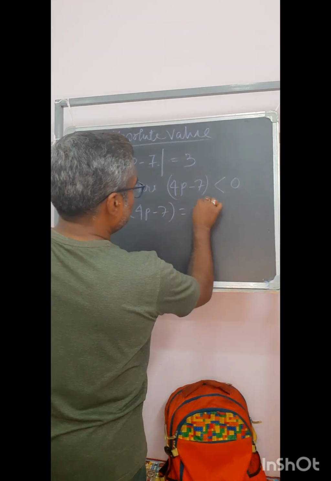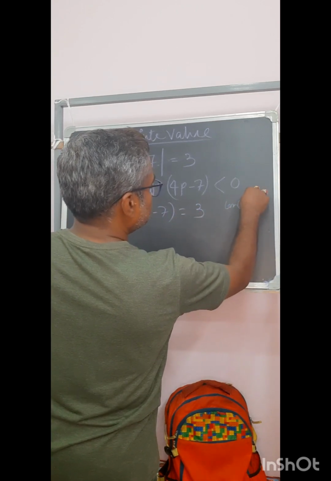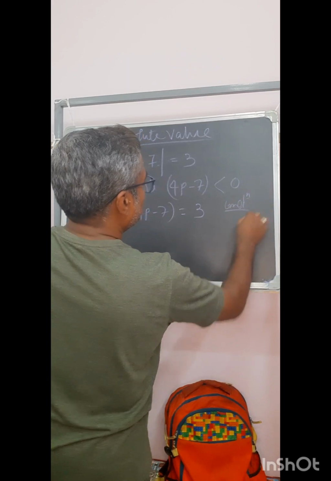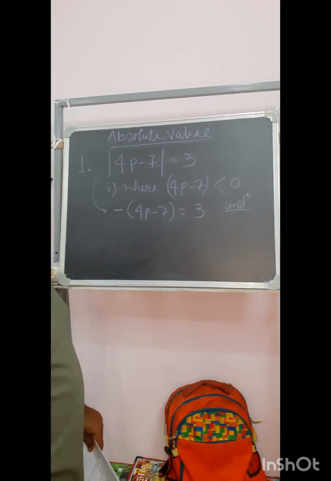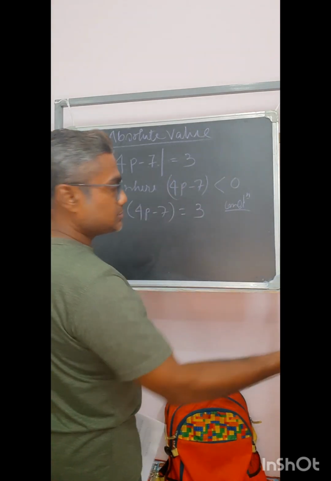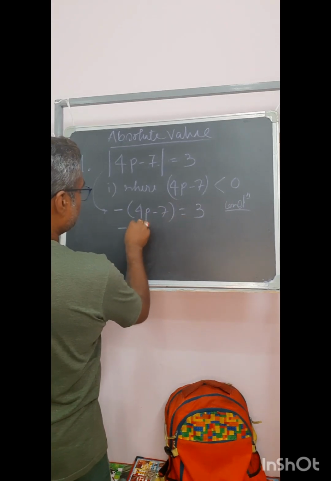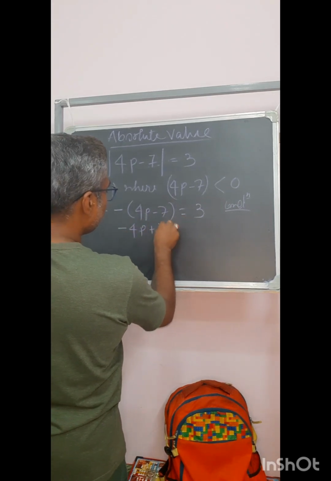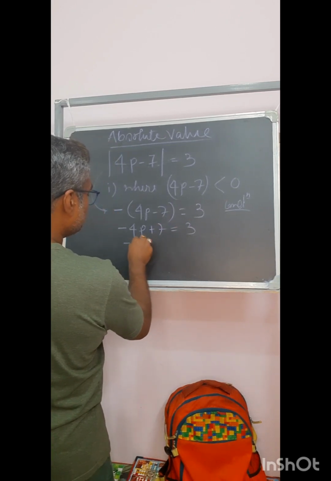So that will be equal to 3. This is condition 1. And this condition will always be of two types, where the value inside that mod will be less than 0 or greater than 0. So taking this as the first condition, I will get some value of p that is equal to,